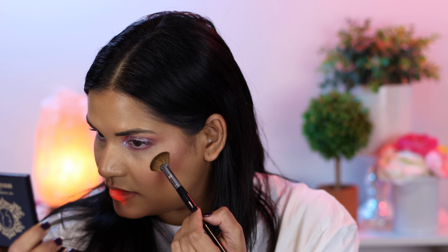And now for the much more intimidating shade, in my opinion, this is Gold, Extreme Gold. And I have this brush. I don't know if you guys remember this, but somebody on YouTube was obsessed with this, which is why I bought it. This is the Pro Fan Detail brush from Sephora collection. I don't even think they make this anymore, but like I said, when you need a brush, you can never find it. So I picked up a generous amount and I'm gonna slowly,